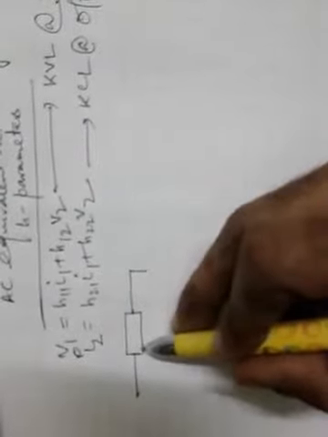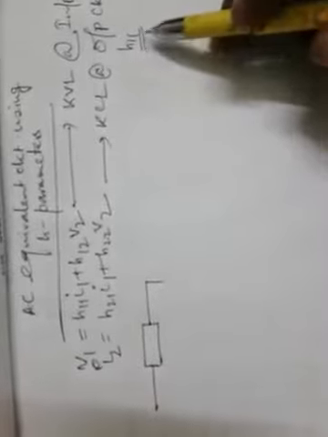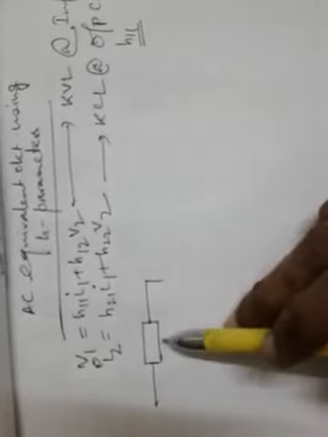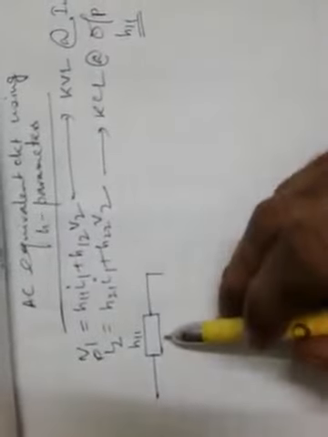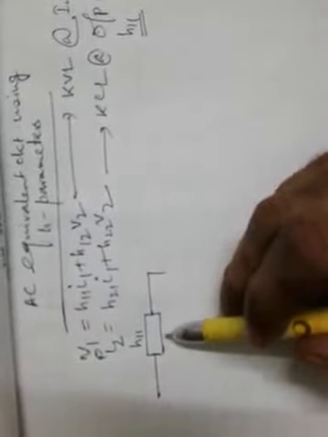This is a box. It is representing the impedance. Now what is H11? We have seen that it is the input impedance. So at the left side there will be the input circuit. First of all we need to draw in series an impedance of value H11. So this impedance represents the H11 parameter, which is nothing but the input impedance.